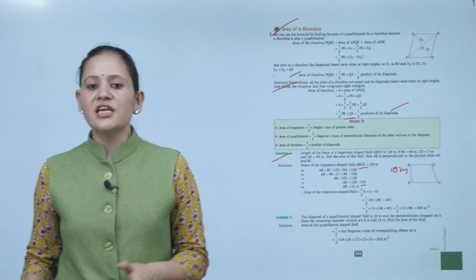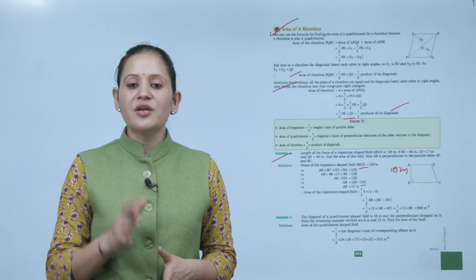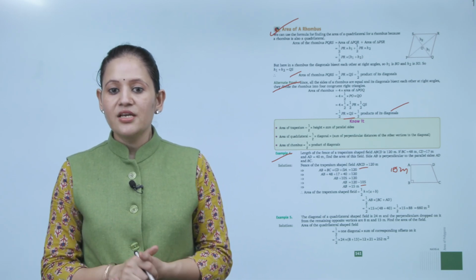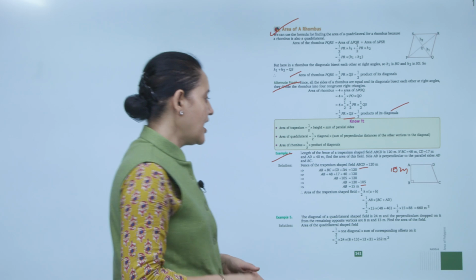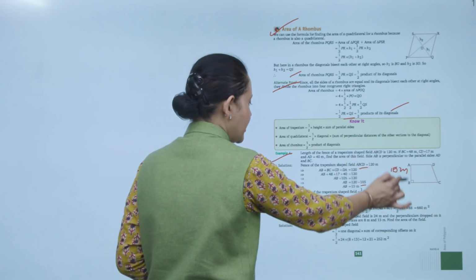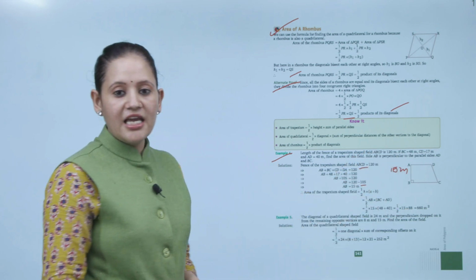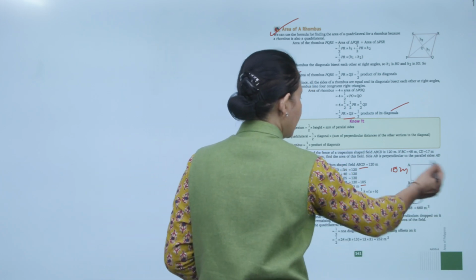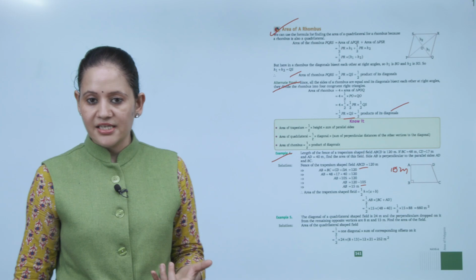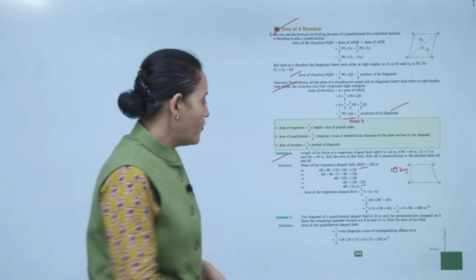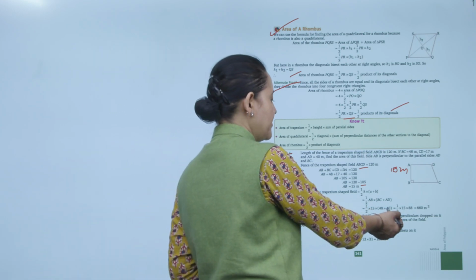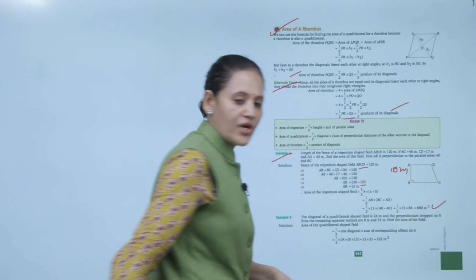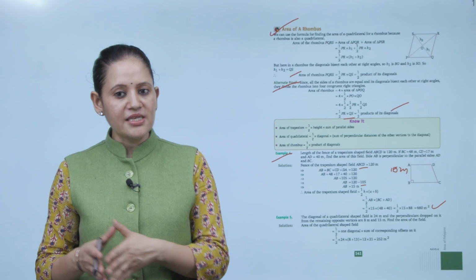Now, we have to find the area of the trapezium shaped field. That is 1 by 2 H, that is height, multiplied by A plus B. So 1 by 2, height will be AB, and A plus B will be BC and AD, the parallel sides, sum of parallel sides. Clear? So we'll put the values: 1 by 2 into 15 into 48 plus 40, that is 1 by 2 into 15 into 88, 660 meter square. That is the area of the trapezium shaped field.